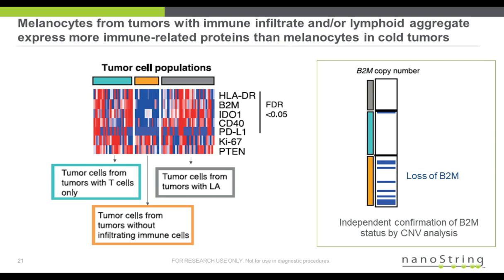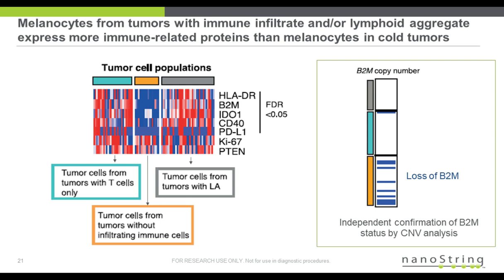He then was able to look at B2M copy number and see that there was increased presence of loss of B2M in that particular sample population compared to looking at tumors that had T cells or tumors that had the TLSs. So this is really suggesting that there is biology that is being regulated by the TLS and that is promoting anti-tumor immune response. And it's also indicating that all of this was data that was collected on the GeoMx